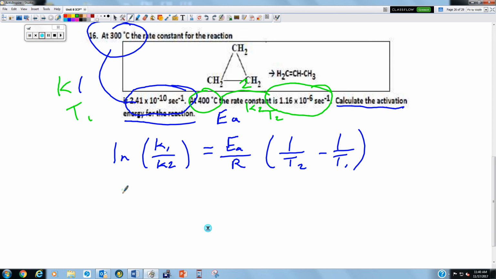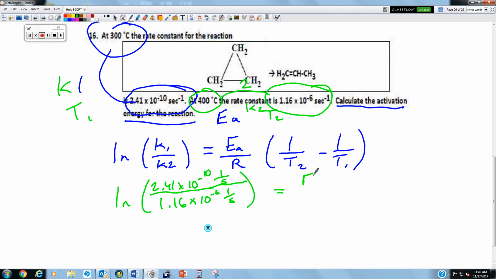So we're going to take the natural log of 2.41 times 10 to the negative 10, 1 over seconds, divided by, see, I already messed up, divided by our K2, which is 1.16 times 10 to the negative 6, 1 over seconds,